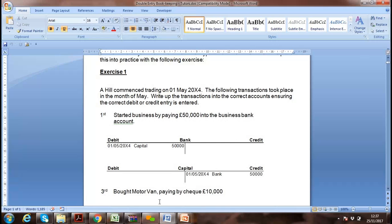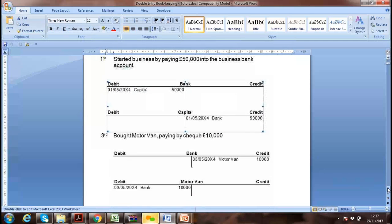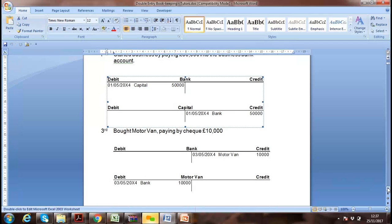So in exercise 1, we have a transaction. We started a business by paying 50,000 into the bank account, like a business account. So 50,000 is our money, coming into the business, which means our asset as a bank or the cash. And 50,000 is the investment as a credit. Capital. So debit is a bank and credit is a capital. Then on a later date, we bought a van by paying £10,000 by cheque. So now